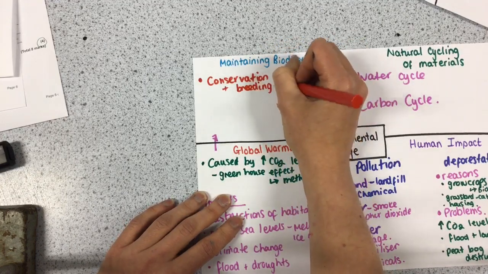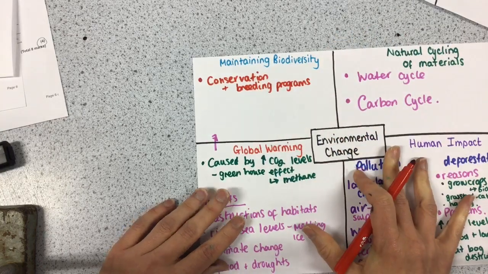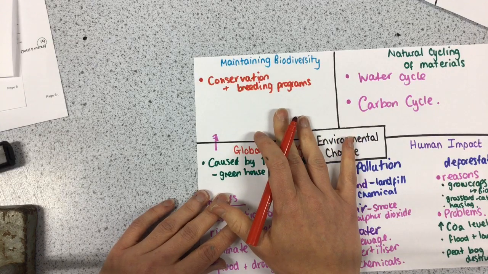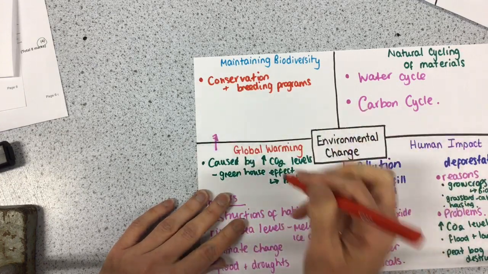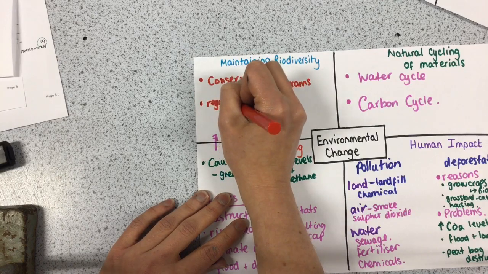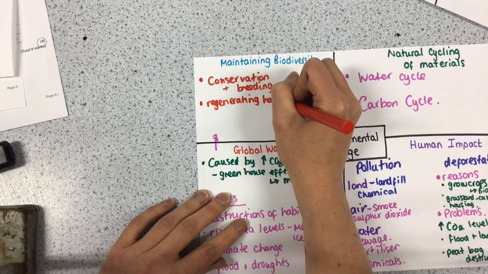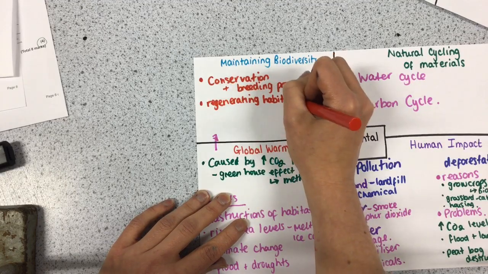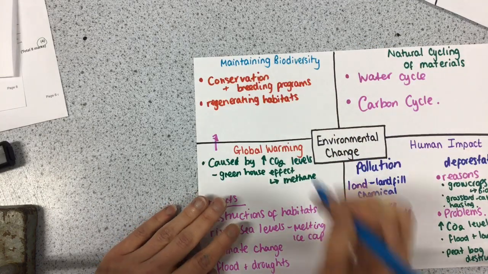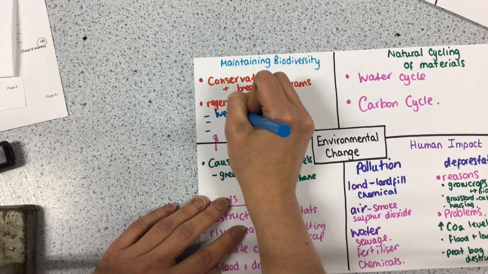Some people tend to put stop hunting when they're faced with a question like this. They're not really interested in that. They're interested in conservation and breeding. So improving the population of animals or regenerating their environment and their habitats. And that links all the way back to ecosystems and looking at the conditions in their environment and what they are competing for. Now, the three environments that they look at are wetlands,